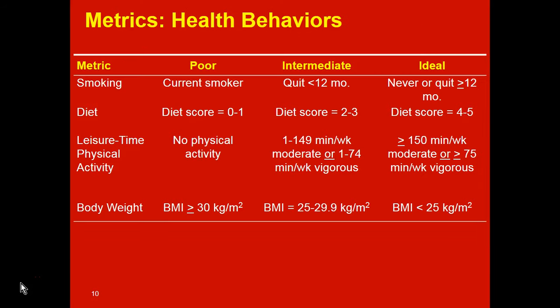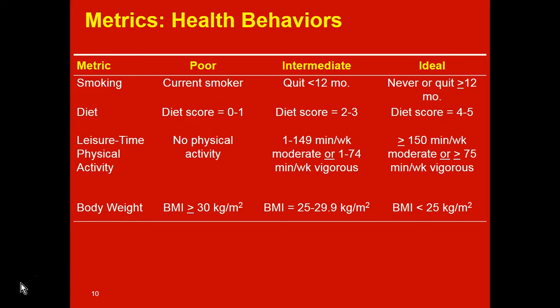Now, not only did the committee identify the 7 health factors and behaviors that make up the definition of cardiovascular health, they also defined the metrics and the cut points for 3 categories. The categories include poor levels, intermediate, and ideal levels of health, and each of the 7 factors have these categorical cut points. So for smoking, to have a poor status of health for smoking, you'd be a current smoker. Intermediate level of health would be that you have quit smoking in the last 12 months, and ideal is never having smoked or quit within the last 12 months.